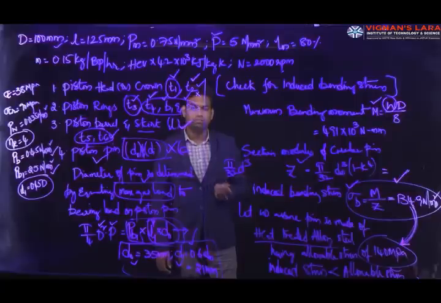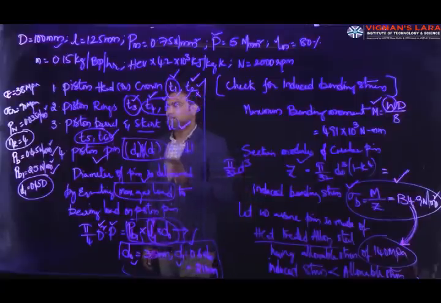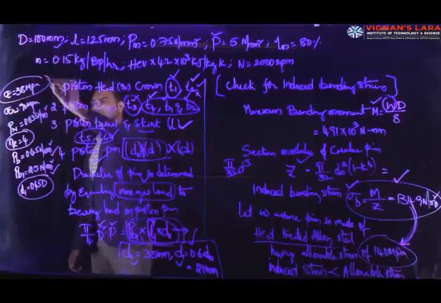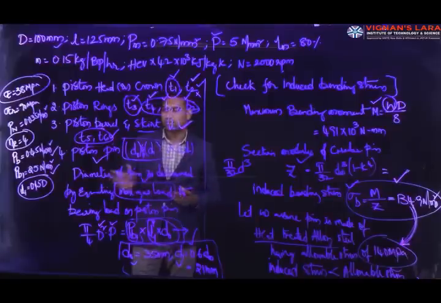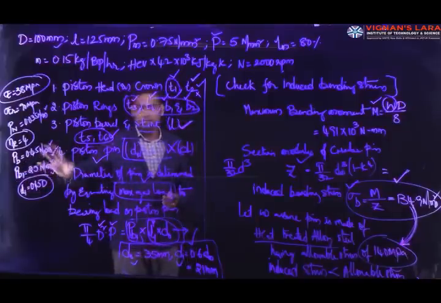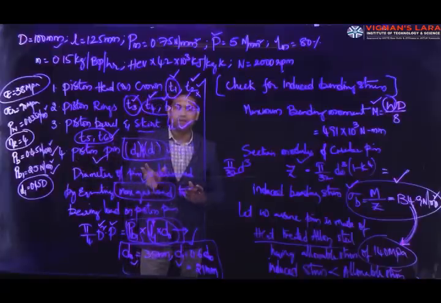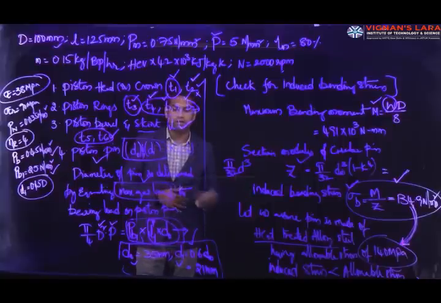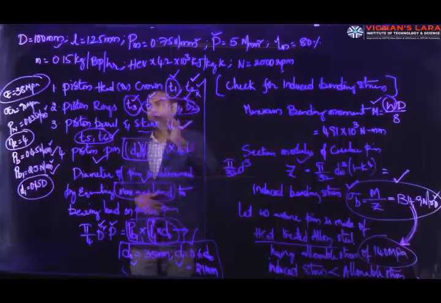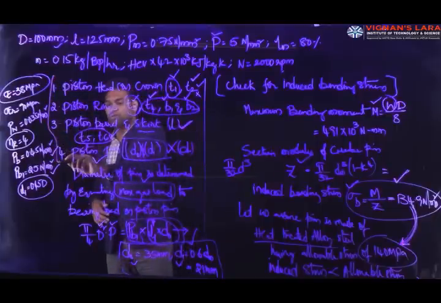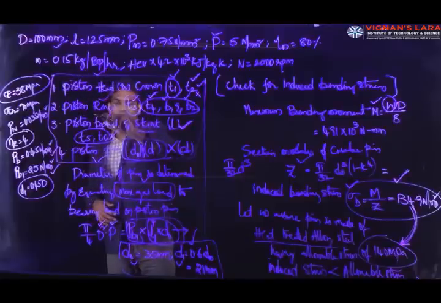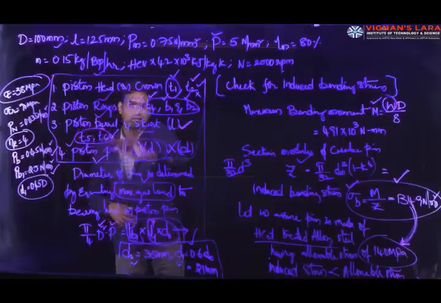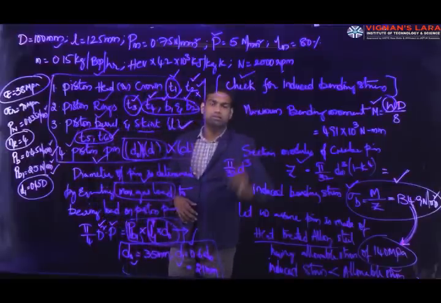Don't bother about the values you are getting, because there is no unique solution for this. We have a range of allowable stress values for the piston head material, piston ring material, as well as the bearing pressures. These may vary for each and every one, so the values may vary. So no need to check with your friends' values. We don't have any unique solution. Please simply stick to the sequence of steps in the design sequence, in this fashion: starting with the piston head, then piston rings and the dimensions of the piston barrel, and finally calculate the piston pin dimensions and check them with the induced stresses. Clear?